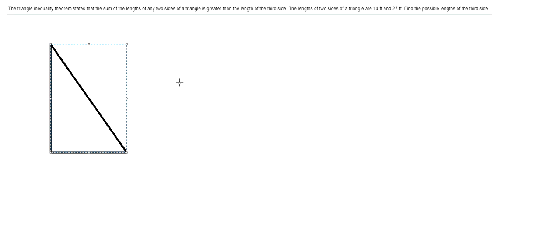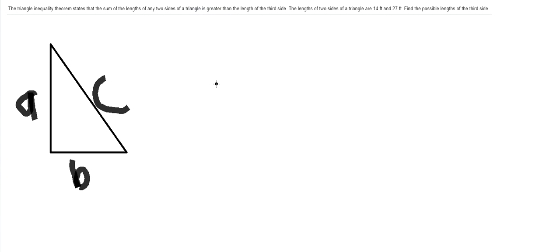So, welcome to my channel, and I'm going to be talking about the triangle inequality theorem and how to solve this problem. So what basically is the triangle inequality theorem? If I have a triangle, and it doesn't necessarily just have to be a right triangle, if this is side A, and this is side B, and this is side C,